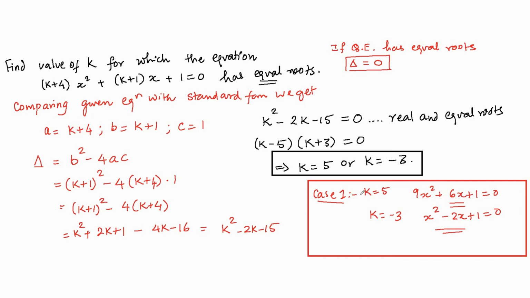So the values of k that we have got still keep the equations quadratic, which is why both the values are equally possible. Right? So again, the concept used here was: for equal roots, the discriminant has to be equal to 0, and we just have to make sure that the values of k that we get still maintain these equations as quadratic equations, and the coefficient of x squared does not become 0. So again, pausing for a minute.